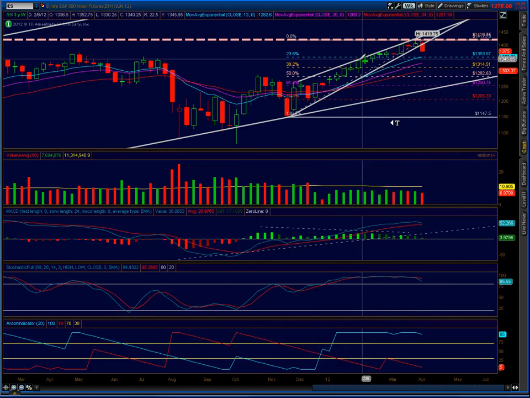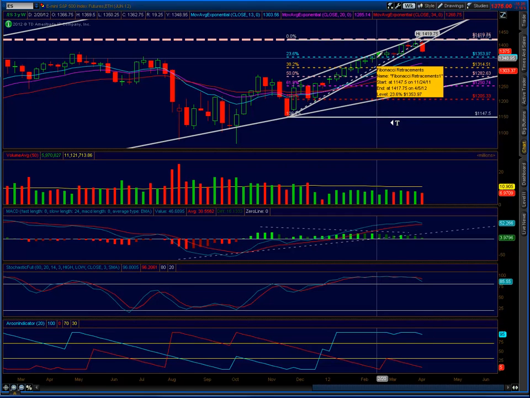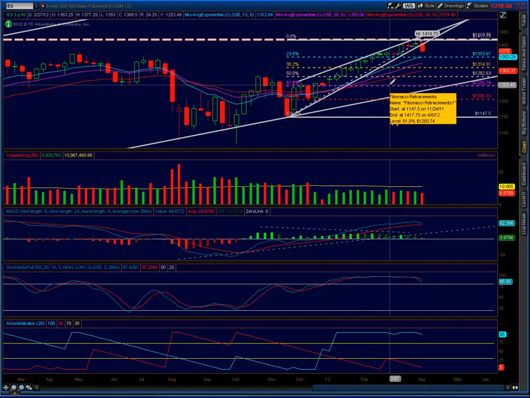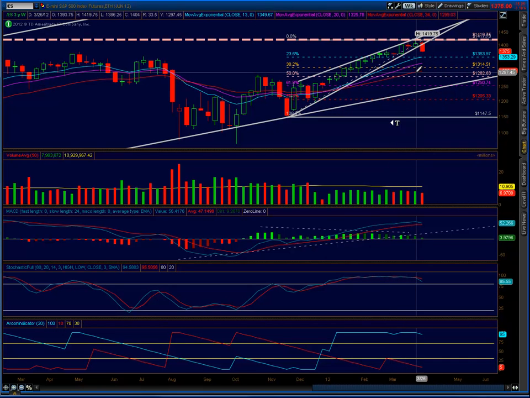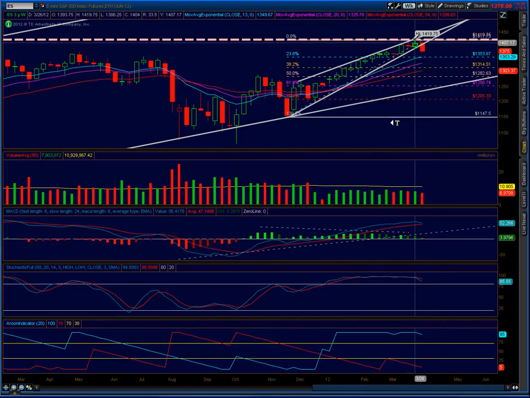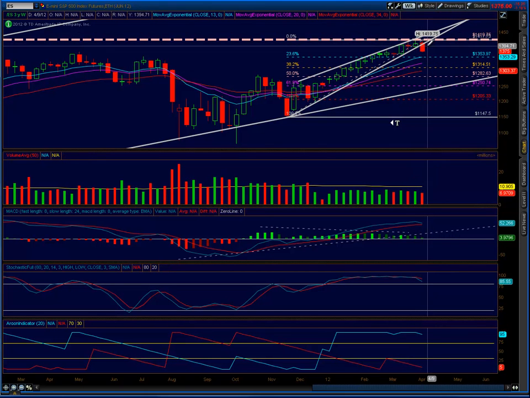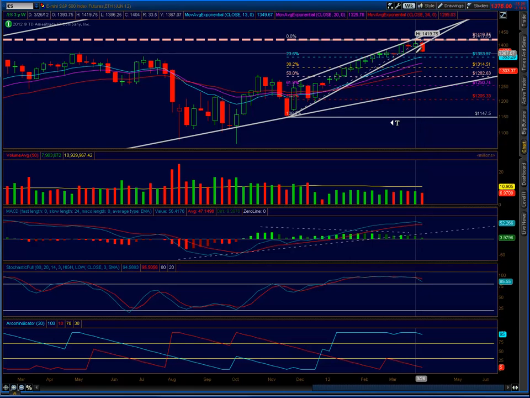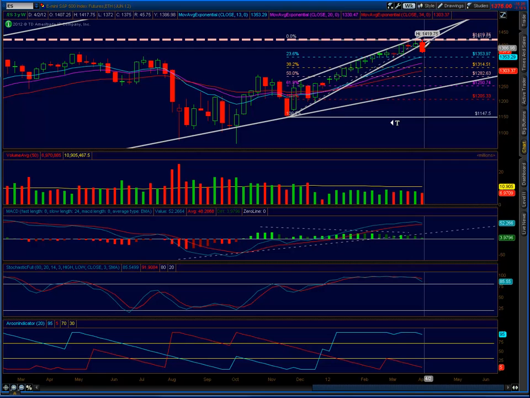but since this move has been so strong, and aside from the jobs report this week, all the reports have been coming out stronger, I don't know if we are going to head down to a 50% retracement. Another thing to consider is that this pullback is happening after the first week of April, and you know what happens in May. Sell in May and go away. I don't know if that's going to happen this year, but we'll just have